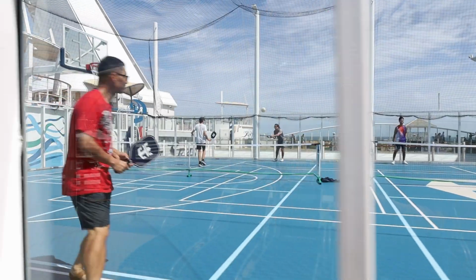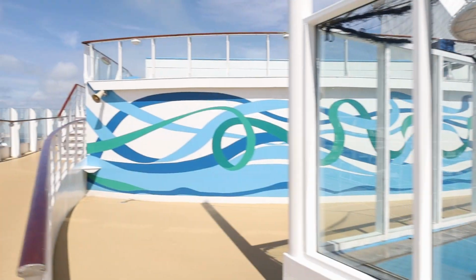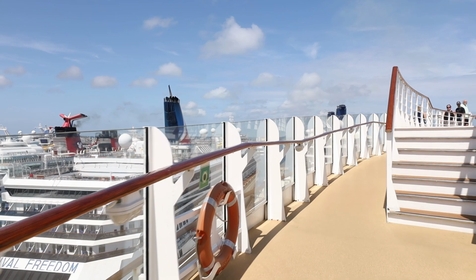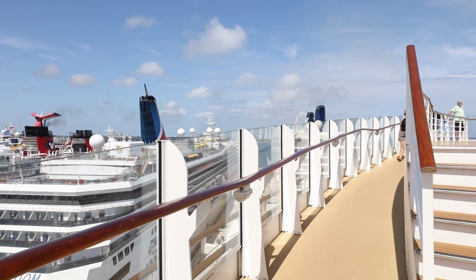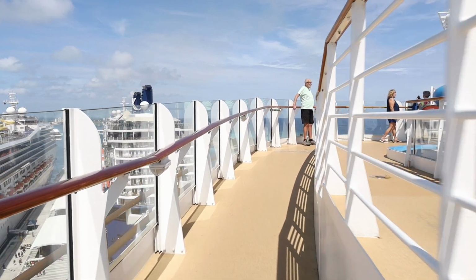And you'll have to look at your activities map and times to see when they do pickleball. And they also do soccer, basketball. They have tournaments, competitions, even soft arrow shooting. Now, before we go to the very back, I want to show you all of these ships that are at